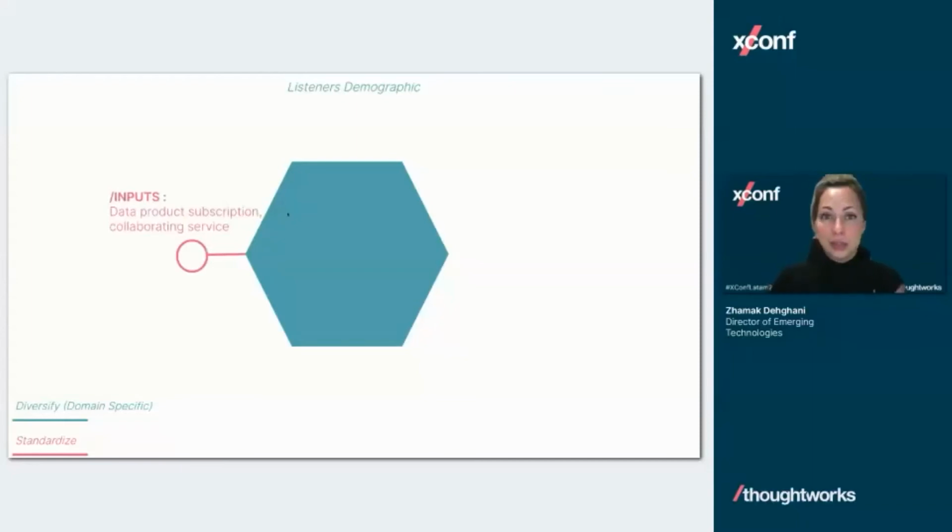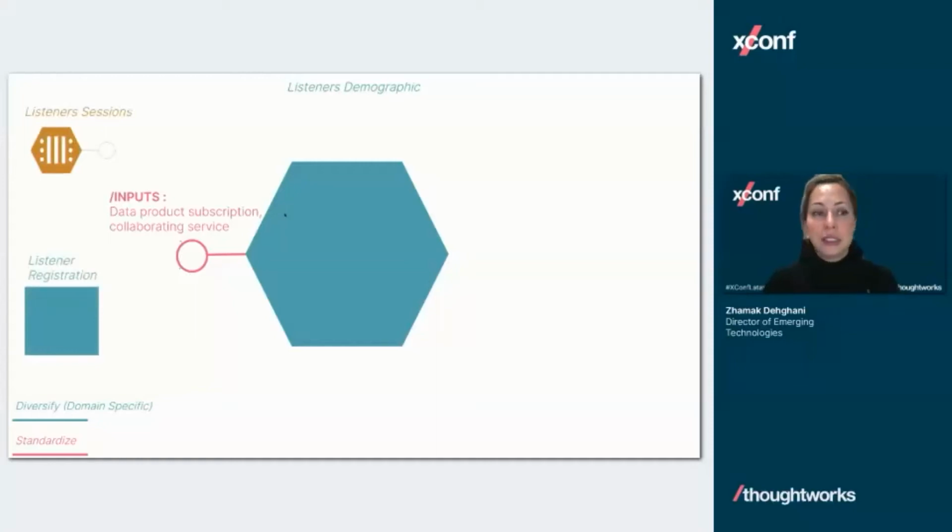So we will have a set of mechanisms for ingesting, receiving data from either collaborating applications, like in this case, you might have an application that's a microservice dealing with listener registration, and you decide to have some sort of an event stream that exposes the listener registration domain events, and this data product consumes it. You might have another data product in another domain that is exposing the historical view of the listeners' sessions, like how the listeners interact with their players.